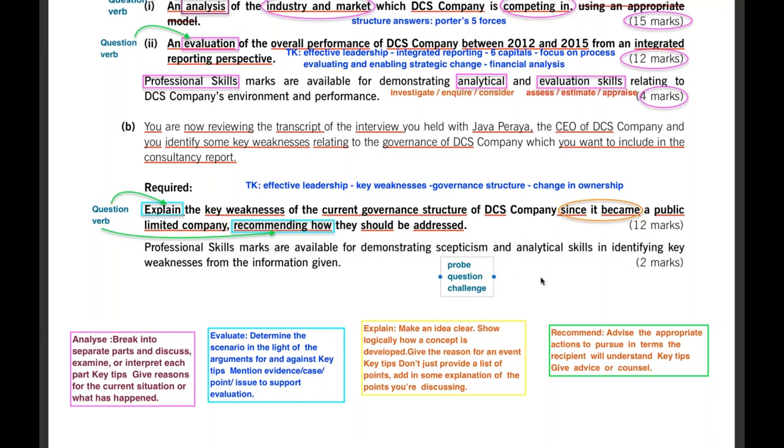Analytical skill is the same as up here: investigate, inquire, and consider. So when you are asked to demonstrate this particular skill,